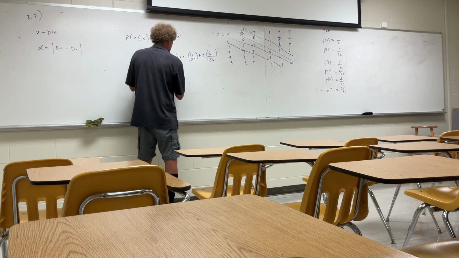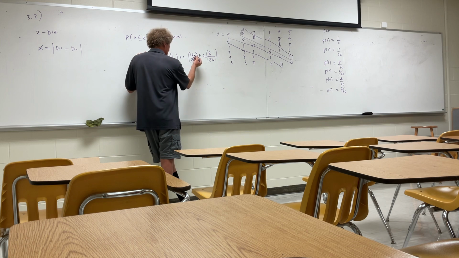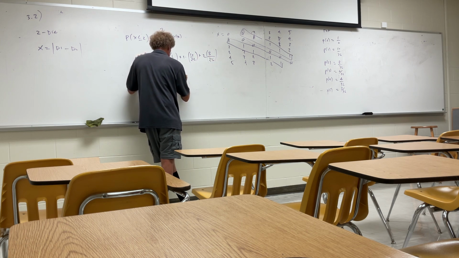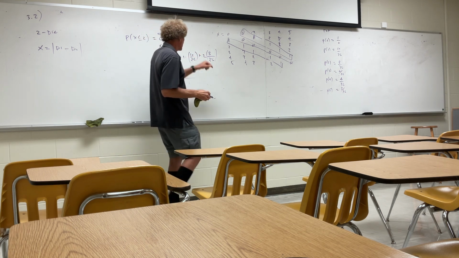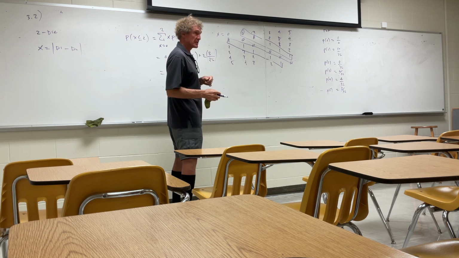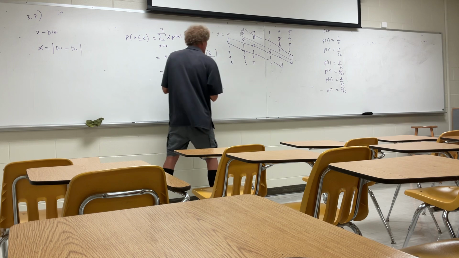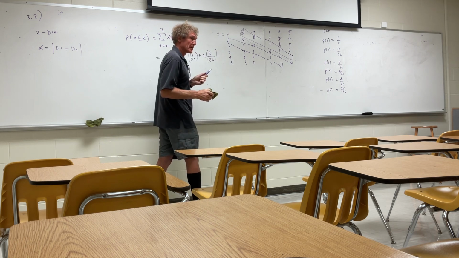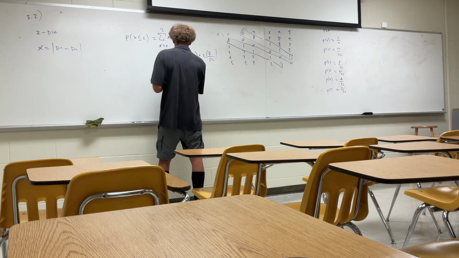If you look at this, we got 10 plus 16, or 26 over 36. That's 16 plus 10. Do you agree with that? And 2 times the probability of 2 is 8 over 36. You follow me on this? Do you have a different answer? Mm-hmm. What is it? I got 24 over 36.